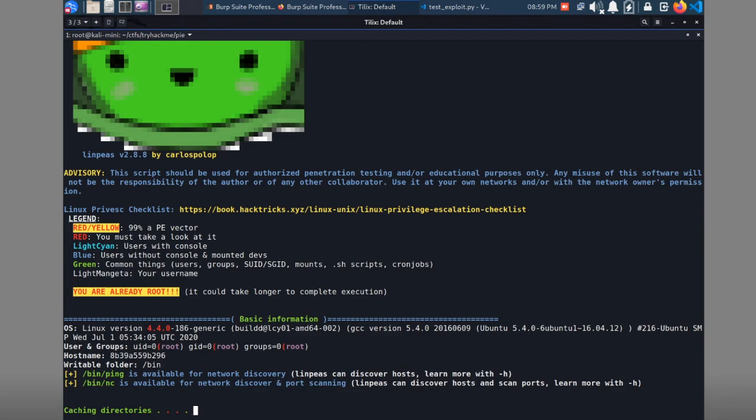So linpeas is taking its time. It's the only problem with having